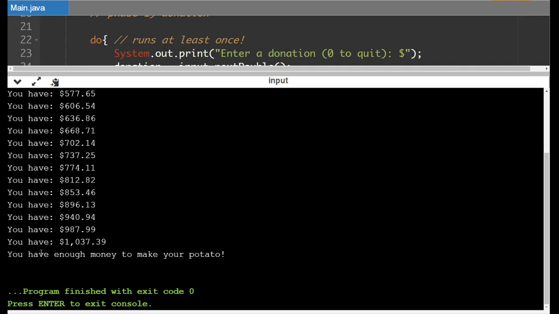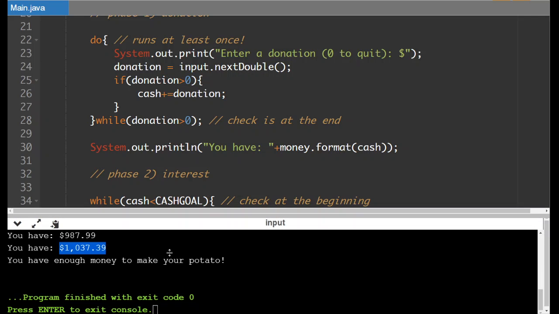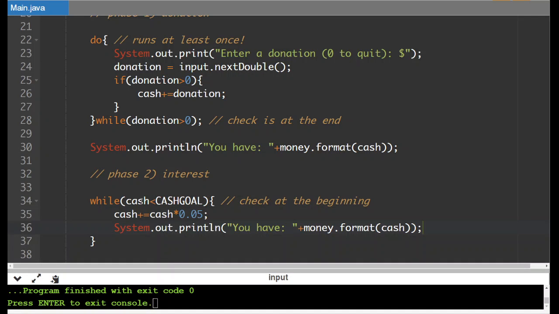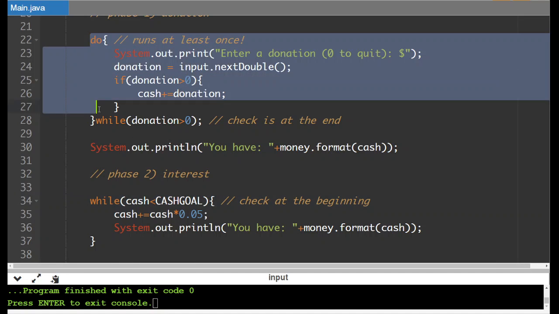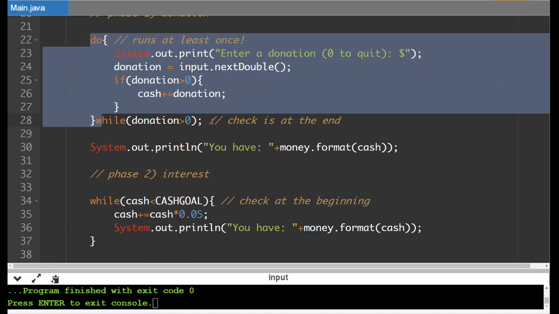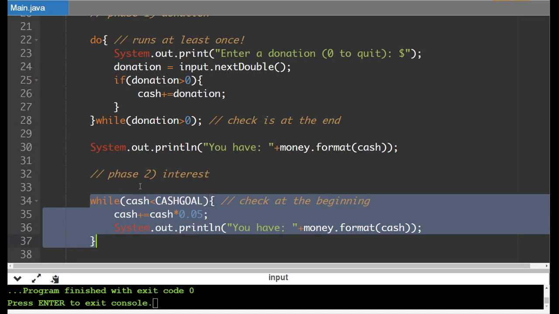to make our potato at the end, because the value won't become exactly 1,000. So with this kind of scenario, you want to really avoid trying to make cash equal to the cash goal. That's why the less than or greater than are pretty helpful for this. So we've got 2 loops here. The first one we guaranteed want to run at least once because we don't have any donations. And the second one,